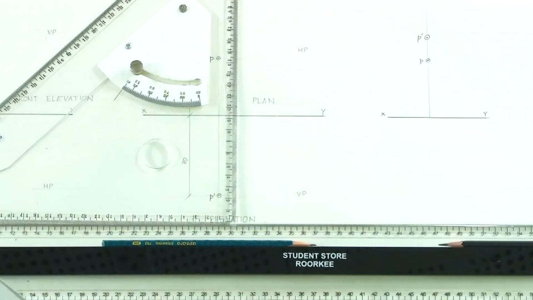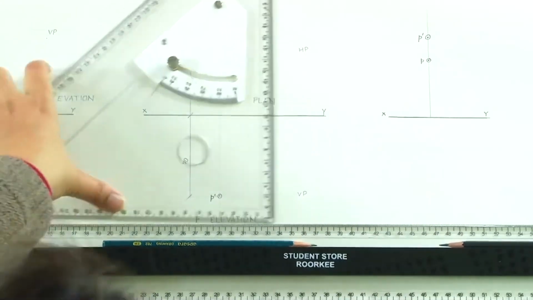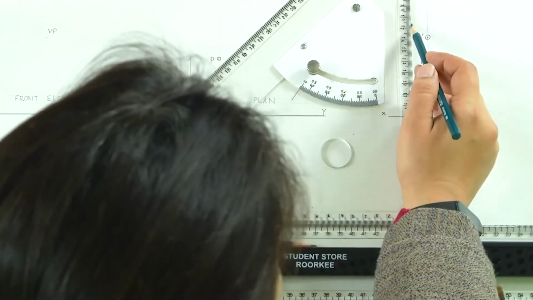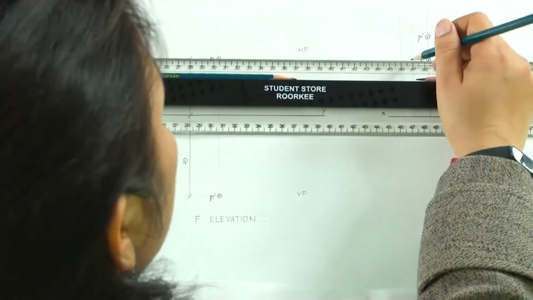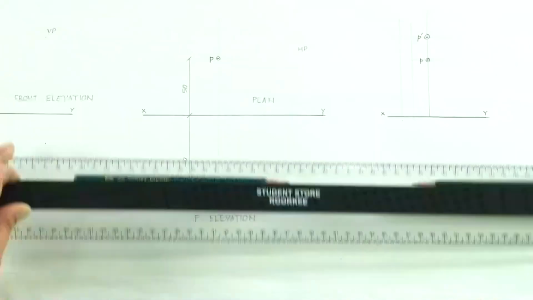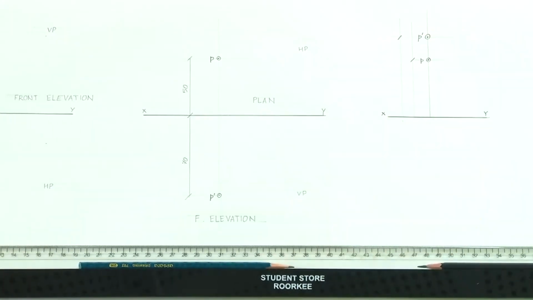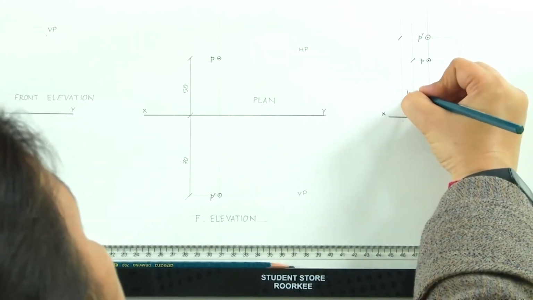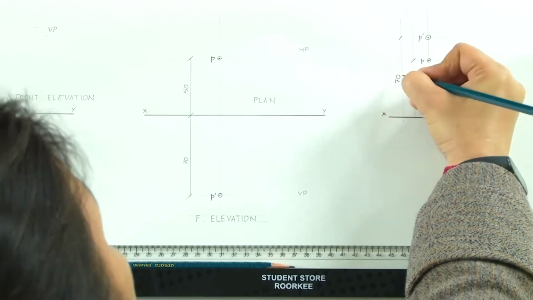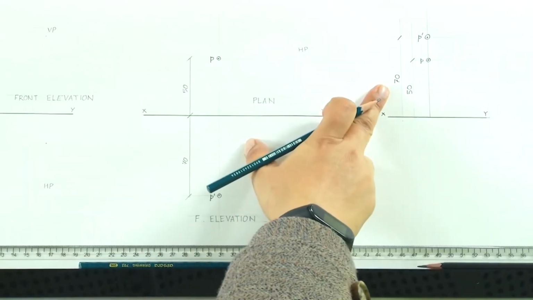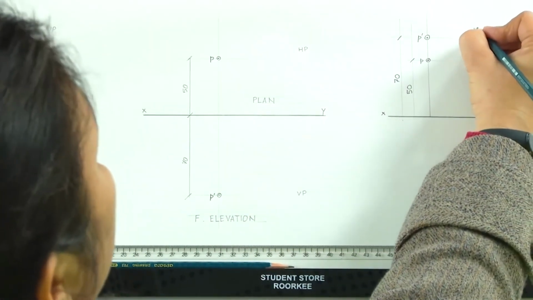So, on the same line, we will have both the plan and elevation of the same point, and in this case, we will have the dimensions mentioned in such a way that they do not intersect each other. So, we will have the shorter dimension mentioned first, and the bigger dimension mentioned later. This is how we will show it, and here it is both HP,